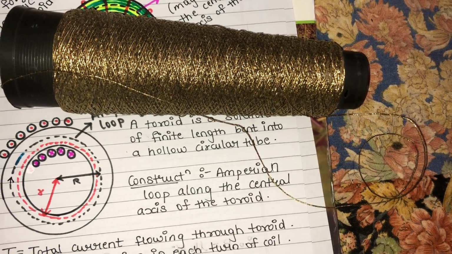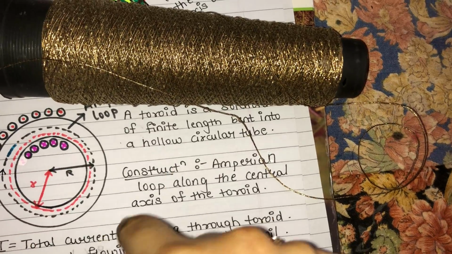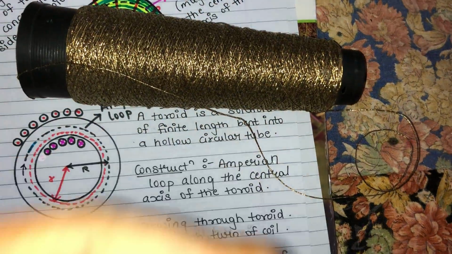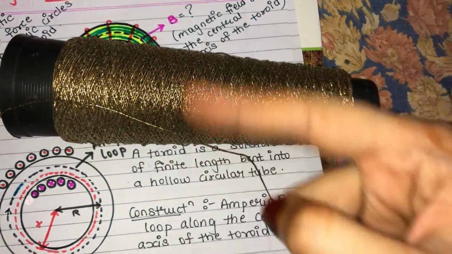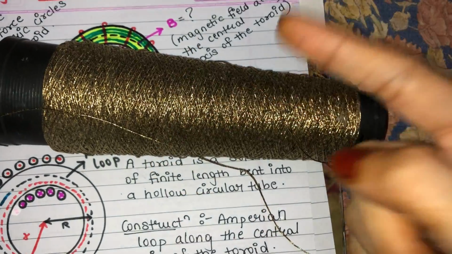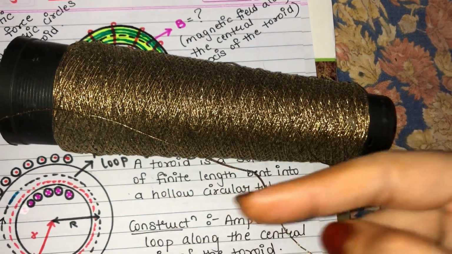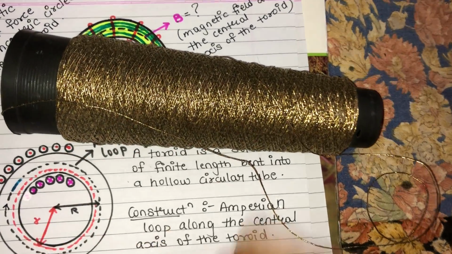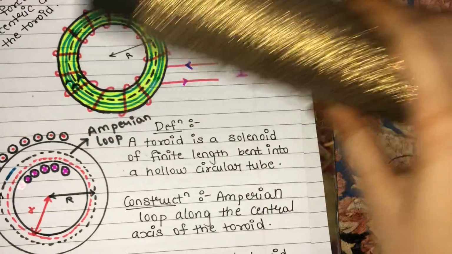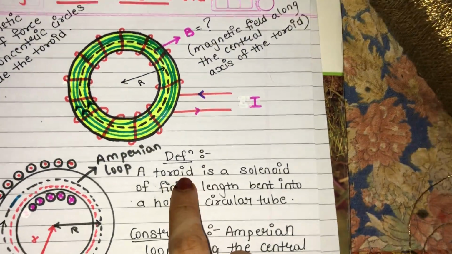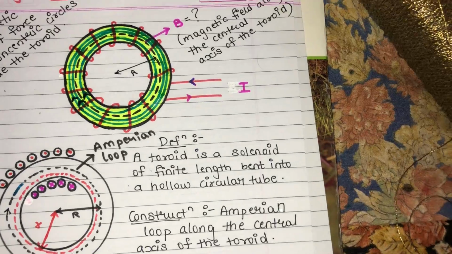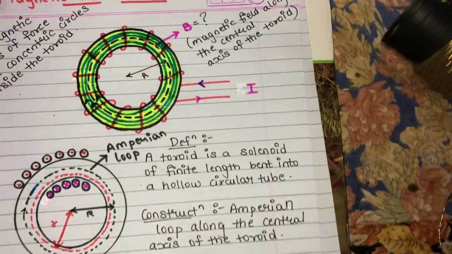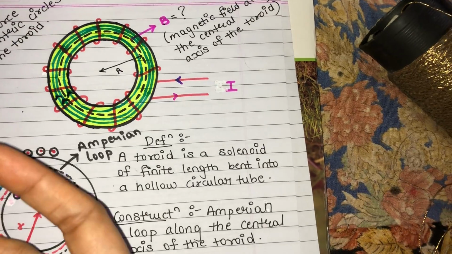You all must have visited resorts. There you might have seen those donut shaped tubes. On that tube, if we wound the wire, just like we wound the wire on a solenoid, then whatever is obtained is my toroid. For a solenoid it is a straight conductor, and for a toroid the conductor is in the shape